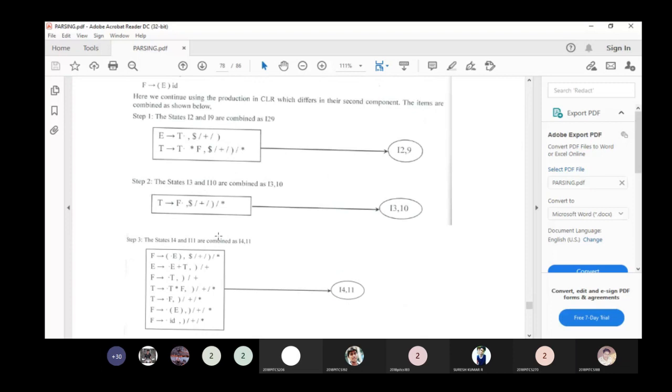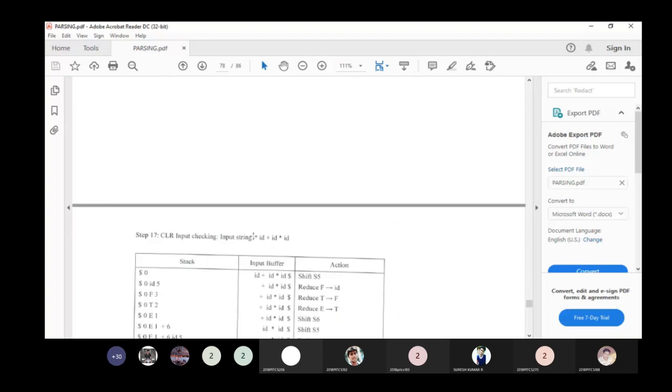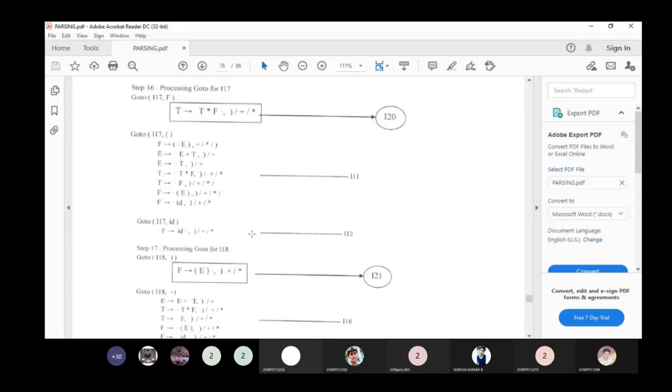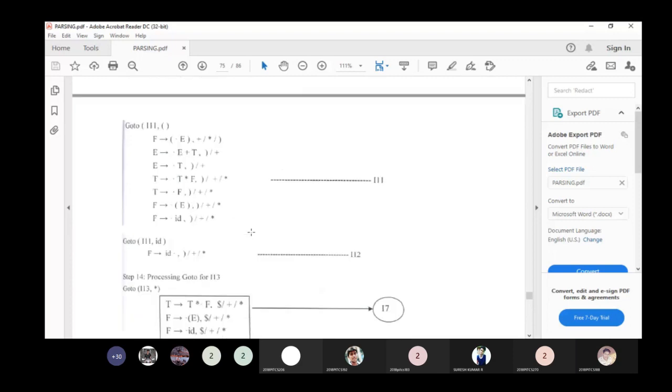So how can we merge? You see the states; if the states are the same, we combine them. So how can we combine? Here we combine 2 and 9.